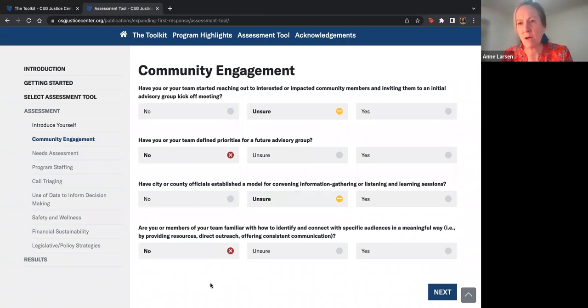No, I mean, I think as folks in the room probably understand, it's a really important part of building a community response program. If it's going to be community led and community specific, you do need to engage your community, and that can look like a host of different ways. When I was at Olympia, we had listening and learning opportunities, and we allowed advocates to have their own listening and learning opportunity. We allowed business owners to have a safe space to talk about what they thought an alternative response should look like. We did surveys with law enforcement and other first responders through SurveyMonkey. So there's a lot of different ways that you can get the information, and that really helps frame